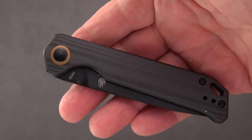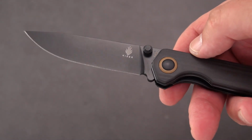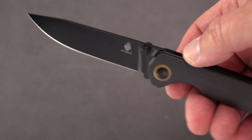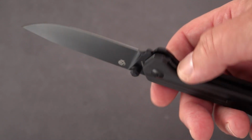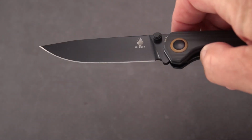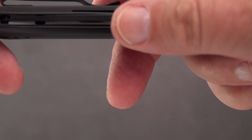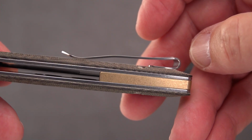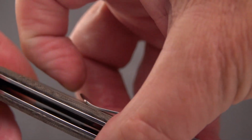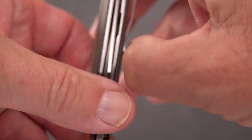Let me bring out the Kaiser Big Lighter 2, which I have felt is a really class act EDC knife, lightweight, probably even a little lighter, definitely lighter weight than the Grazioso. But what I wanted to show you is that as far as I can tell, this is a thinner gauge, easier to move clip than what we have here. This is a heavier gauge clip, and you're not just going to lift it right up real easy. I mean, that's kind of a monster,